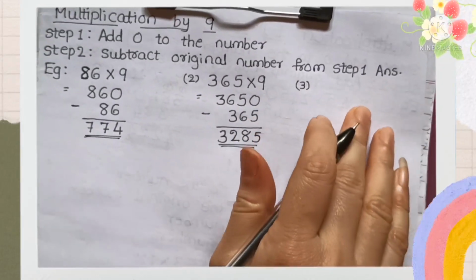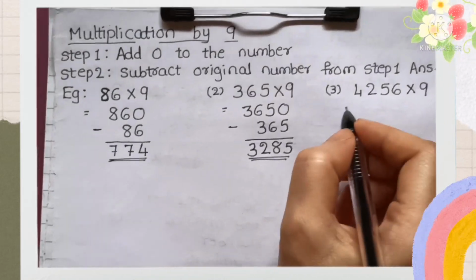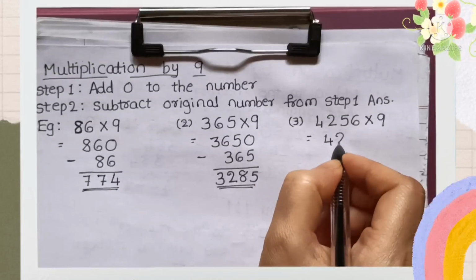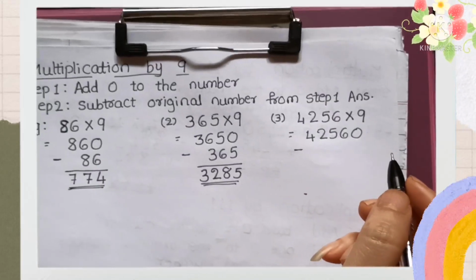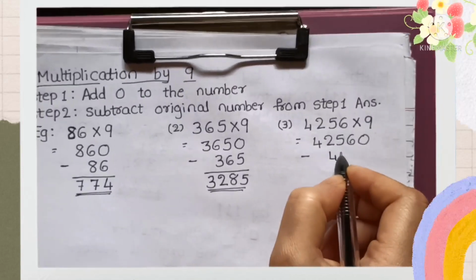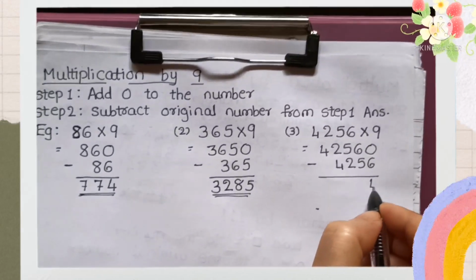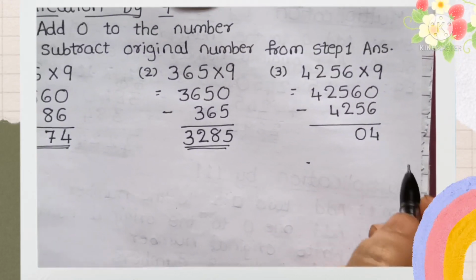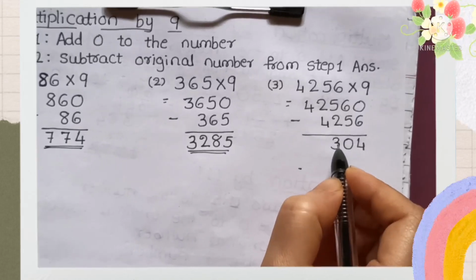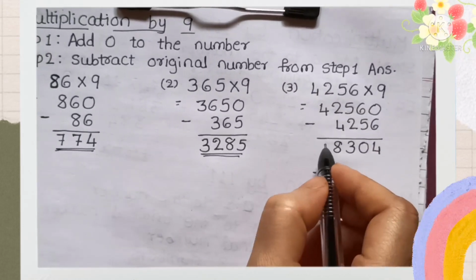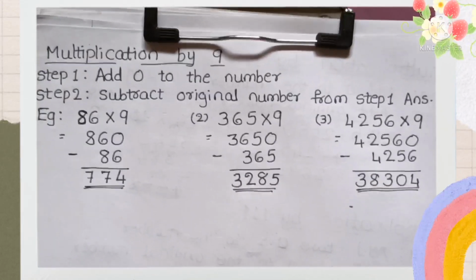हम अभी लेते हैं फोर्थ एग्जाम्पल। हमारा नंबर रहेगा 4256 into 9। अब 4256 में हम लोग एक ज़ीरो ऐड कर देंगे, मतलब हमारा नंबर हो जाएगा 42,560 माइनस। हमारा स्टेप 2 में हमें ओरिजिनल नंबर माइनस करना है, मतलब 4256 हमें माइनस करना है। यूनिट्स प्लेस पे हम लोग डालेंगे 4, टेंस प्लेस पे डालेंगे 0, हंड्रेड्स प्लेस पे डालेंगे 3, थाउजेंड्स प्लेस पे डालेंगे 8 और 10,000 प्लेस पे डालेंगे 3। सो हमारा आंसर आता है 38,304।